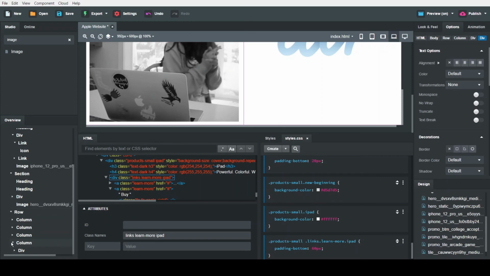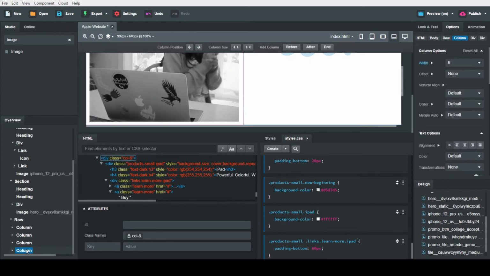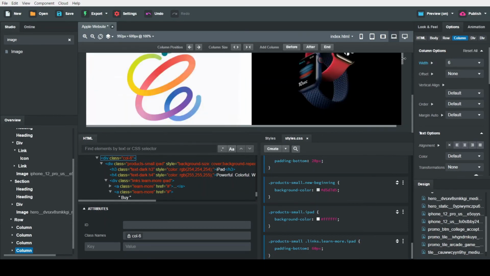Let's duplicate the column. Now we make this edit a little fast.